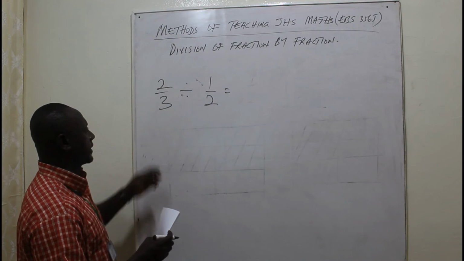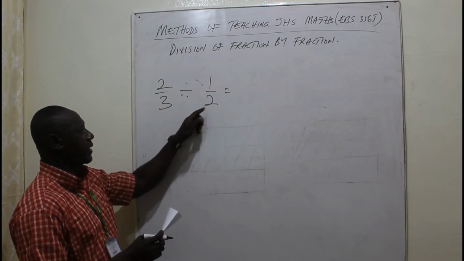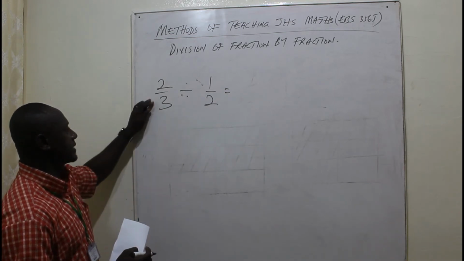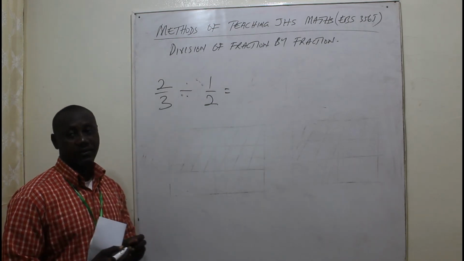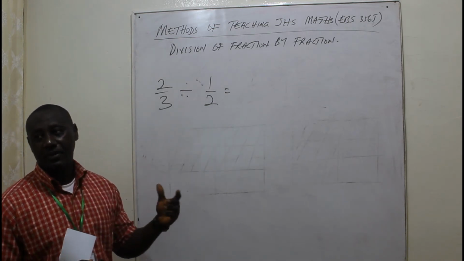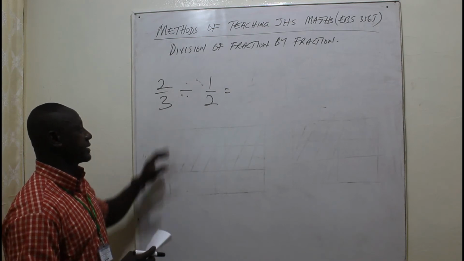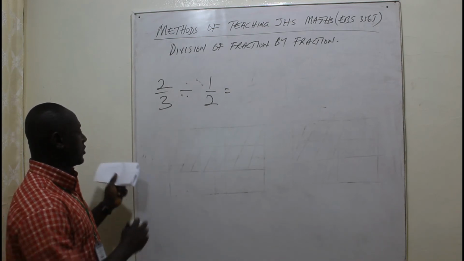So I just want us to take a look at this one once again. We have 2/3 divided by 1/2. That is 2/3 divided by 1/2. And we are saying that how many halves are in 2/3. That is the interpretation there. So let's model